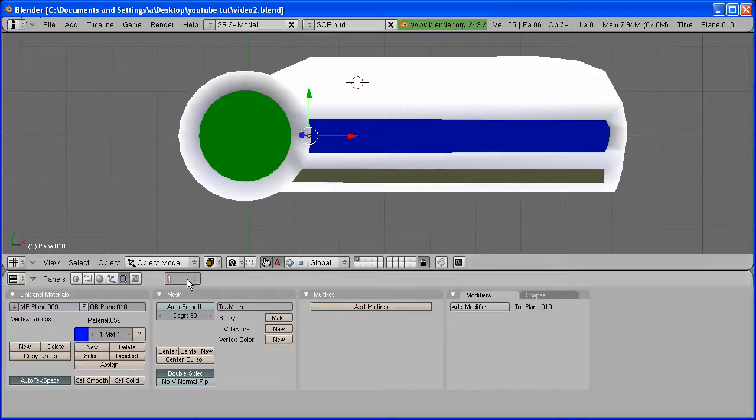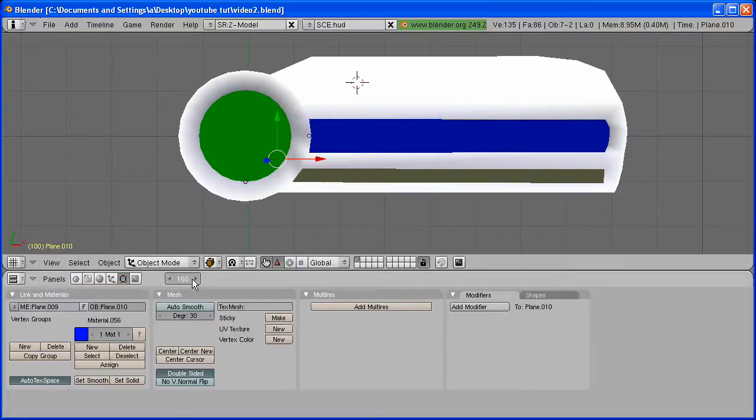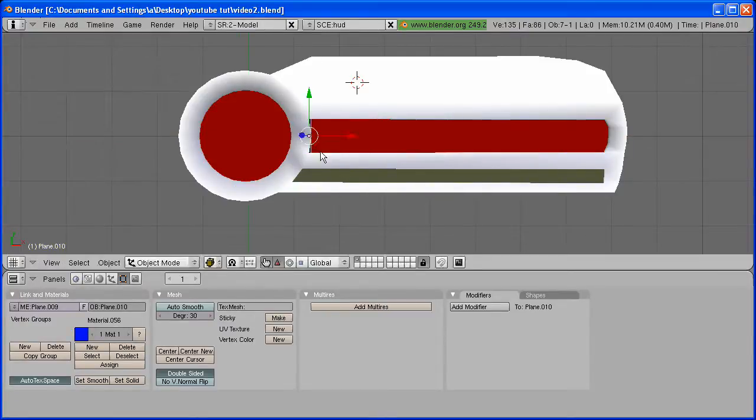First thing you're going to do is go to frame 100. Now select your life plane and hold shift. Right click your mana plane, hit I, scale, go back to frame 1, with your life plane selected, hit S, Y, scale it on the Y axis, and just bring it all the way down until you can't see it anymore. And hit I, scale, do the same thing with the mana, scale it until you can't see it,